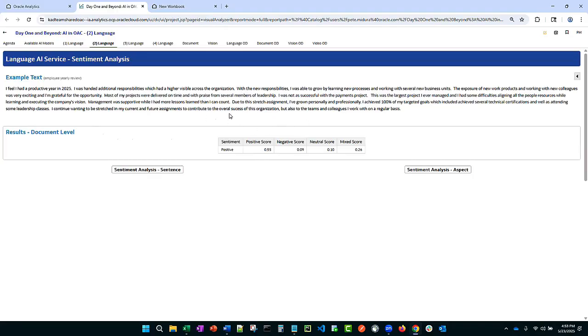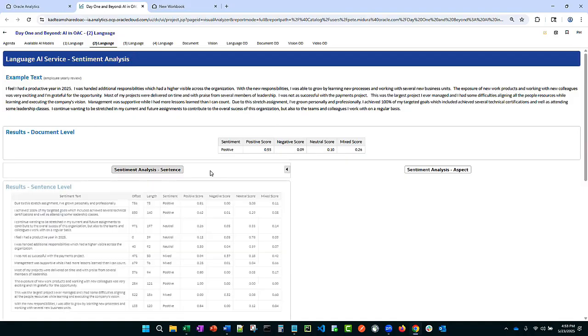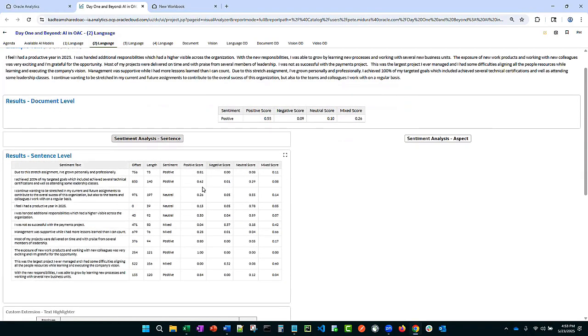Now, as the models build these, you can have it break it down by sentence. So right here, the tool will automatically break down every sentence and then score every sentence. So of course, some sentences are going to have different scores within there. So then you can analyze that. And taking this a little bit further,